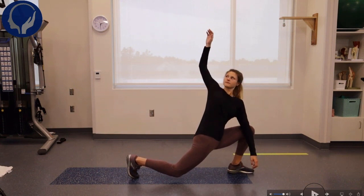And so in a position like this, you're stretching the entire anterior hip, anterior trunk, obliques, upper shoulder, a good kinetic chain stretch. To understand how we utilize a stretch like this on various types of patients and populations, check